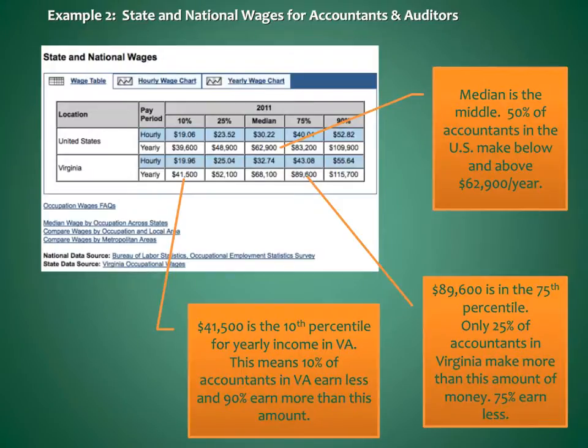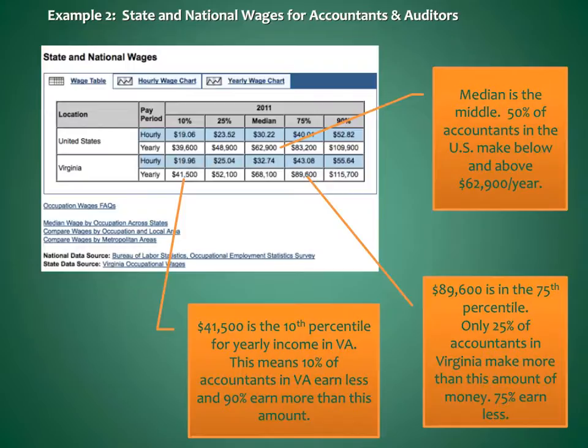Example 2 demonstrates percentiles and how to read them. In this example, we're looking at state and national wages for accountants and auditors, with their wages broken down by percentiles. So you'll see median, and as we remember from the previous slide, median is the middle. So in this case, 50% of accountants in the U.S. make below and above